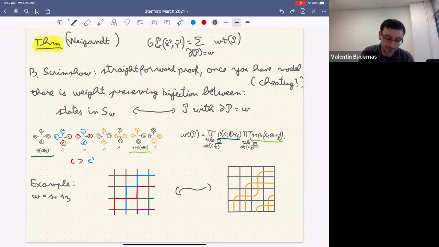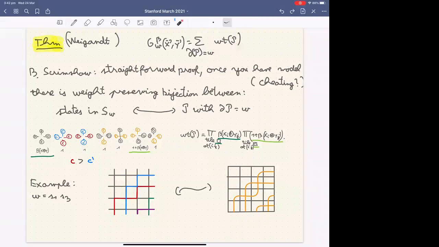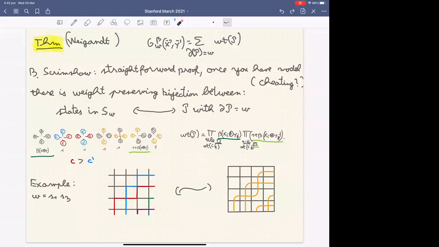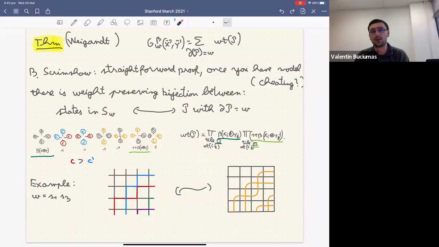So basically, I'm starting with some weights that I had inspiration for. And the inspiration for these weights was coming from here. So if there was no such theorem, it's unclear if I could have come up with it. If there was a conjecture and no proof, I could have come up with these weights easily, and then everything would have been fine. But if there is no conjecture, then